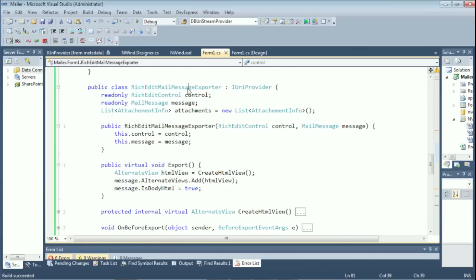The process is really simple. Our exporter takes in the control that we're working on and the message that we want to populate. When we call the invoke, we're going to add a new HTML view to the message, and when that view is being generated,